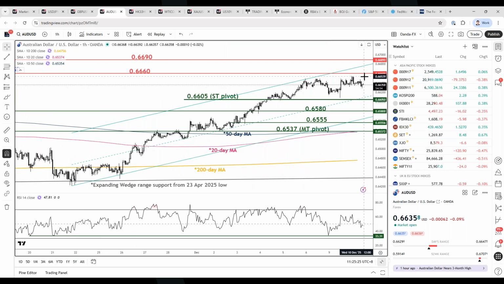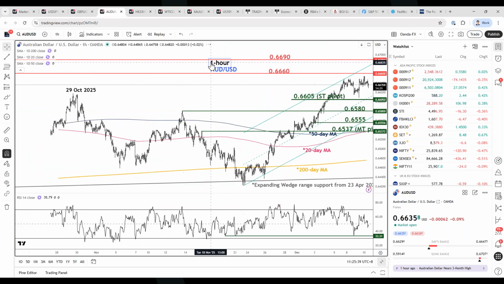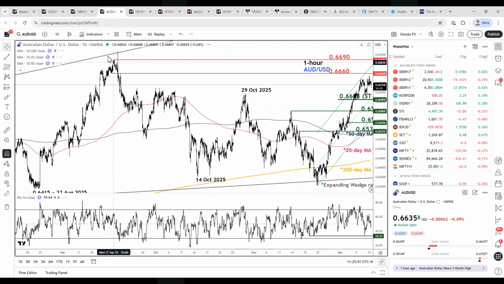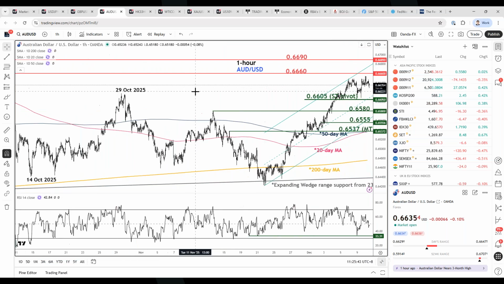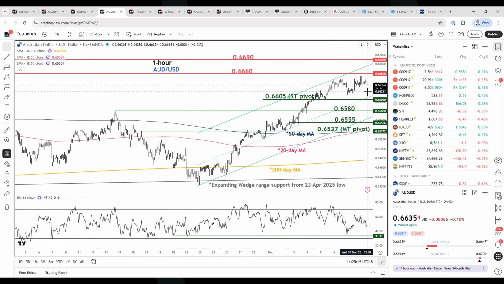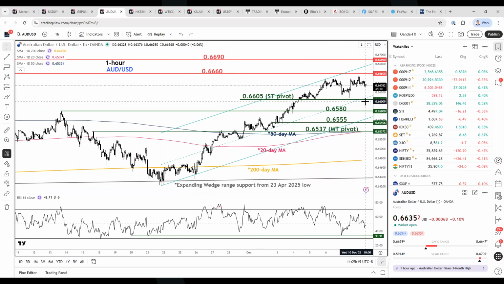A breakout above 66.60 will potentially reaffirm the continuation of this minor bullish impulsive upmove sequence to expose the next intermediate resistance level at 66.90, which is the minor swing high area of 17th of September. And only a bearish breakdown below 66.05 will negate today's bullish bias view to see a deeper minor corrective pullback to retest